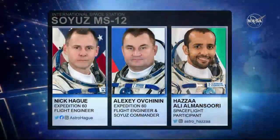Those 3 have been on board since July. Parmitano, who's in the top left of that picture there, is going to be taking over as the Expedition 61 commander on October 3rd, when Hague, Ovchinin, and Al-Mansuri undock and make the trip back home aboard the Soyuz MS-12 vehicle. For now, though, here in Houston, the team in Mission Control are going to be monitoring today's launch,